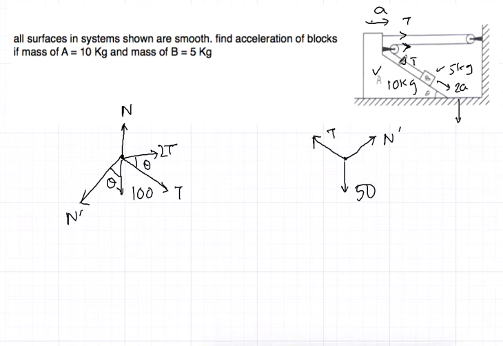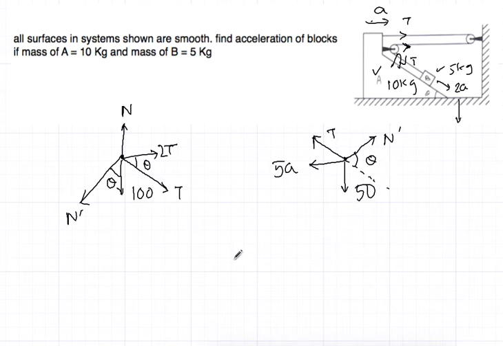Since we are observing this body from here, suppose you are standing over here, you are seeing this body going down by 2a. So this is a non-inertial frame, so there must be a pseudo force. How will we decide the pseudo force? Because the frame is moving in this direction with an acceleration of a, there must be a force opposite to this, which is 5a. This is the pseudo force which is going to work. Now this angle is also theta, because this is 90 degrees minus theta. This angle is theta.